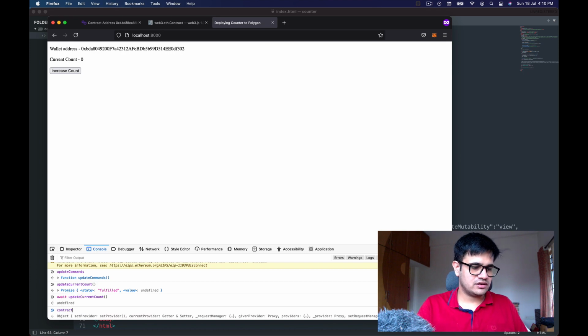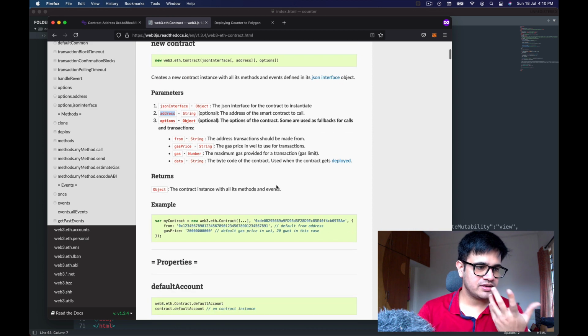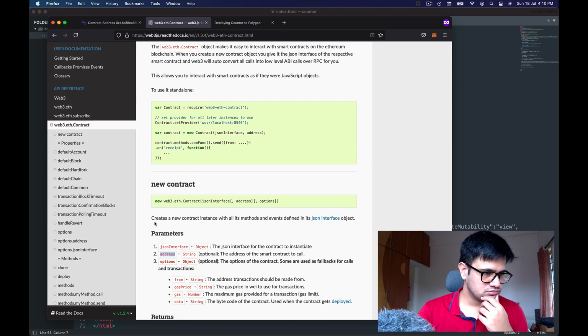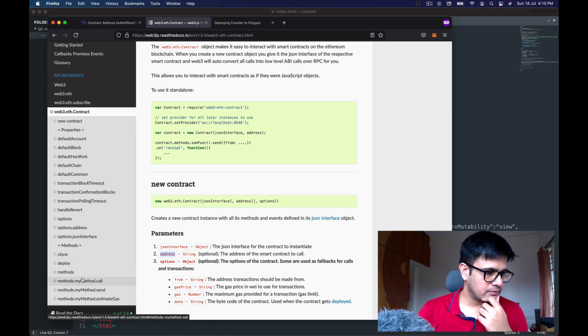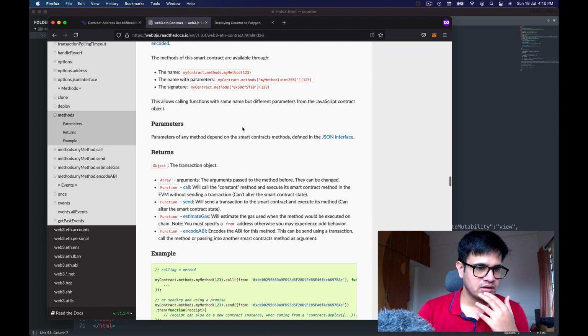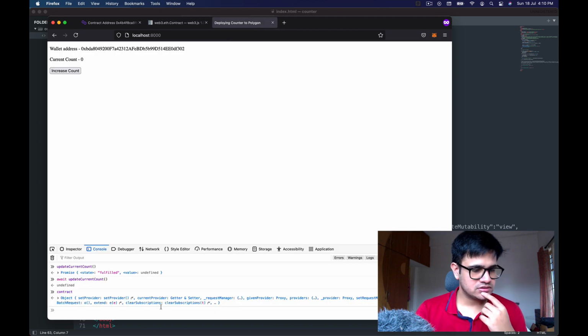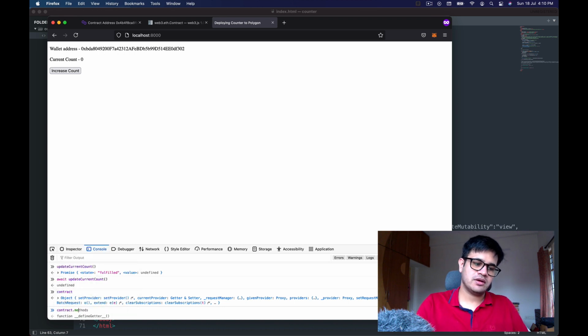So I'll have the contract over here. To call a method from a contract, what we have to do is go to this methods call. Here is how we call a contract: the contract object dot methods dot name of the method in the contract, and then it takes parameters as well. You can give a parameter like that, or if you don't want to give one, that's also fine. We can also call it with signature, which is a little difficult to explain. Let's not go there. So I'll go to contract and see what methods are available to us.